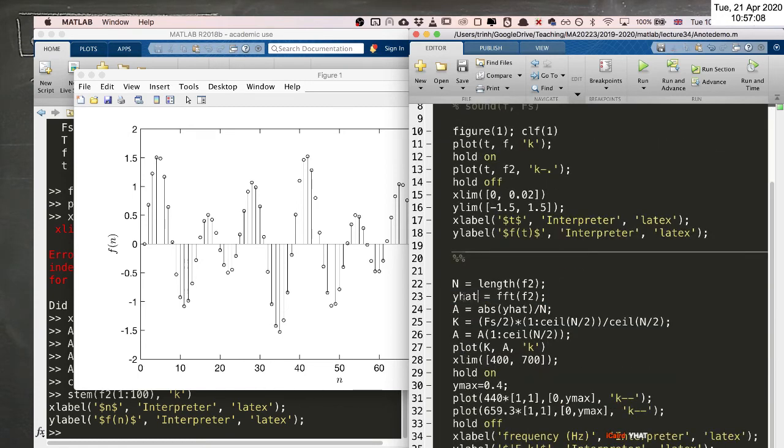And essentially what y hat is, is the Fourier coefficients, the AKs and BKs, or the ANs and BNs, but it's in complex form firstly. So, in essence, an plus i times bn, but it's also rearranged. The vector has been rearranged in a bit of a funny way, and I'm not going to go into detail. These next few lines of code rearrange the function so that it's in a way that we can visualize it. Okay? Essentially, the FFT function splits up the ANs and the BNs so that they run